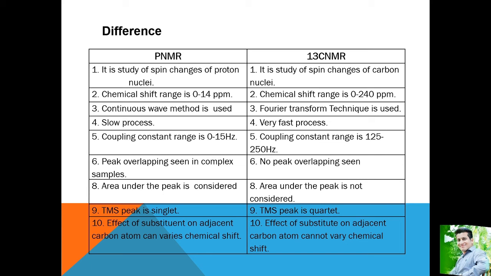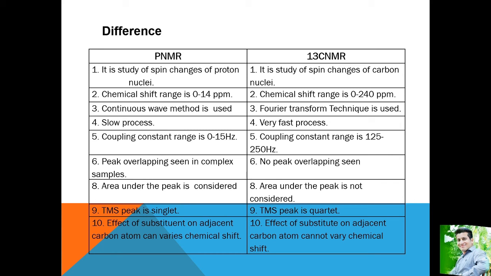The chemical shift range in PMR is very low, that is 0 to 14 ppm, while the chemical shift range in 13C NMR is very wide, that is 0 to 240 ppm, or you can also call it 240 delta. In PMR we use the continuous wave method, while in 13C NMR we use